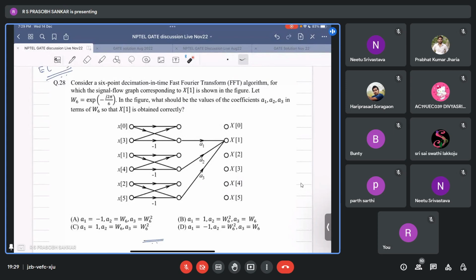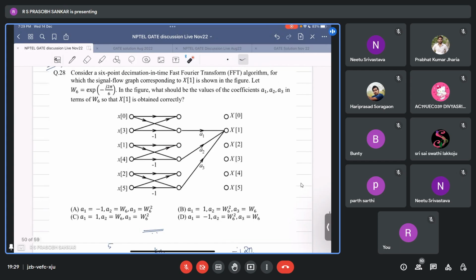They have mentioned that they are using a decimation in time FFT algorithm, but not radix 2. Earlier we were splitting into odd parts and even parts, but here we are doing something else. Basically, they're splitting the input signal into three different parts instead of two, and using these three parts they form a butterfly structure and combine them to obtain the total DFT. What we are asking is,